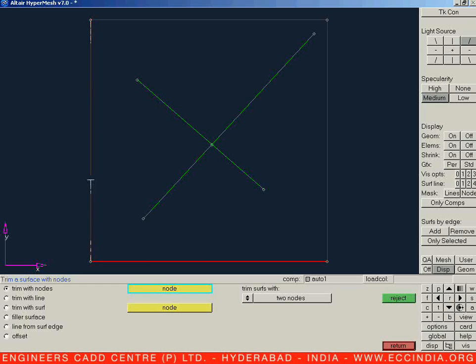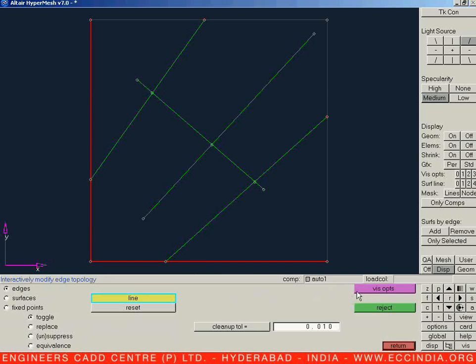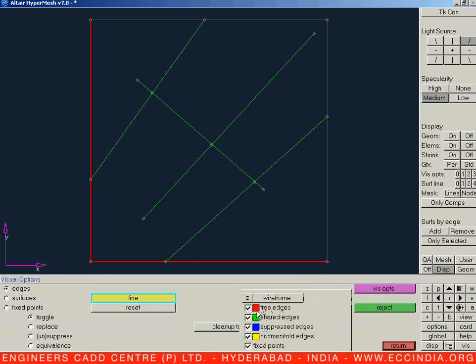These red edges do not have any kind of attachment with any other surface. We are not supposed to say there is any other attached surface with respect to these red external boundaries. So these are generally called free edges. We can see the name over here, red colored, indicated as free edges.